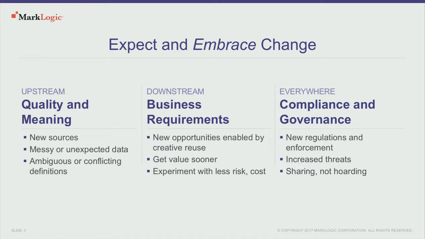So again, upstream, you're always getting new types of data, different levels of quality. Downstream, your business requirements are always changing. I bet you not a single person in this room has ever shipped an application where the requirements didn't change over the life of that application's development. And this is always happening. And you need to be able to flexibly try out new ideas. Be able to use the data in ways that allow you to experiment. So be able to fail fast. That's OK. It reduces the cost of trying out new things, taking advantage of new opportunities.